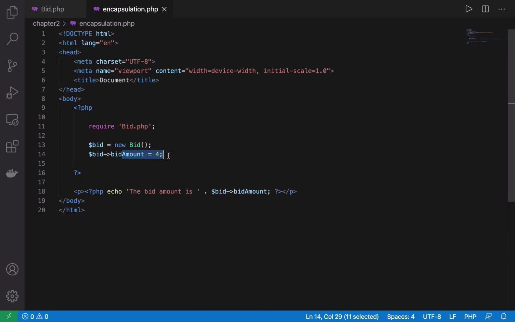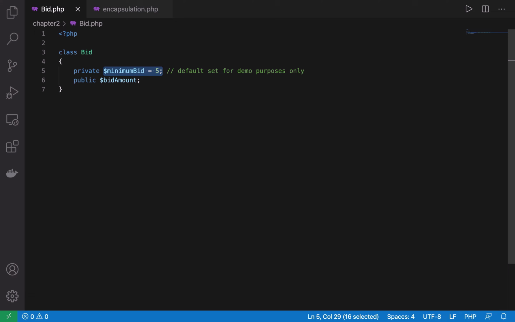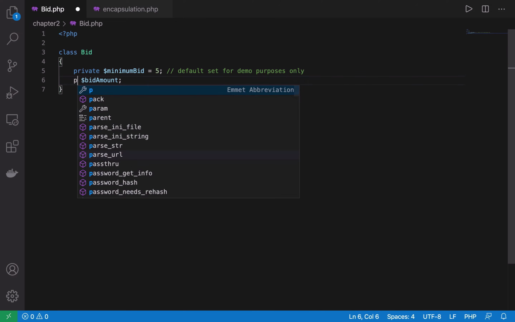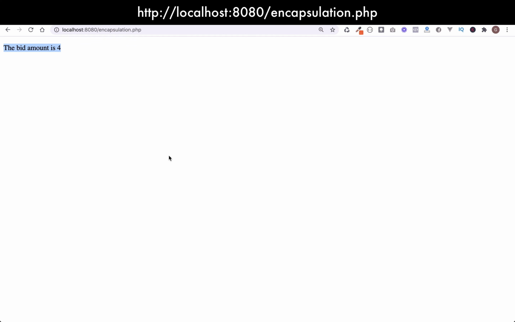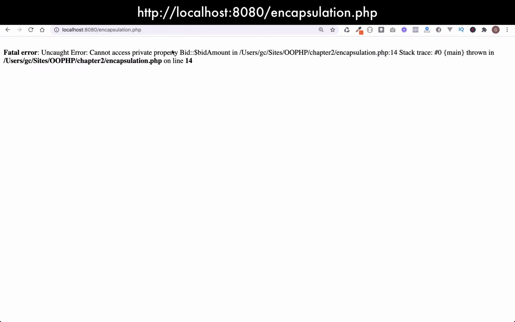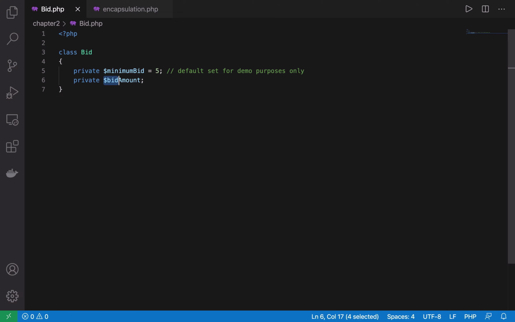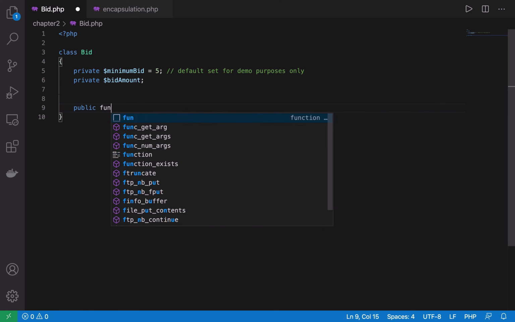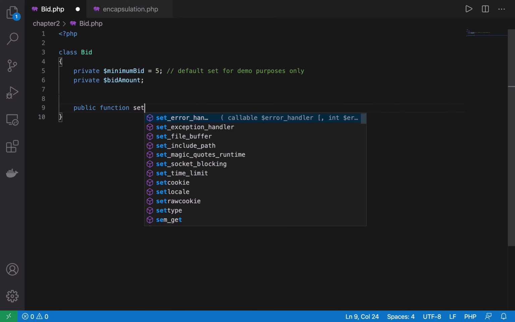So how do we go about putting that protection in place? Well, the first thing I'm going to do is change this public property to private. Then I'll go back to the browser and there we go. So we get an error. Even though we get an error, that's good because it means we can't modify this unwantedly. The way that we will modify it, and the only way that we'll be able to modify it, is by